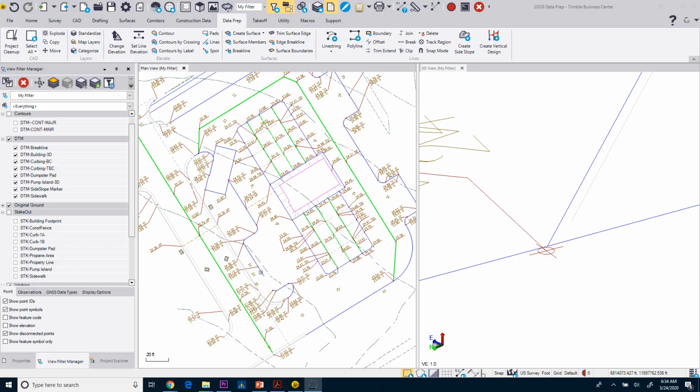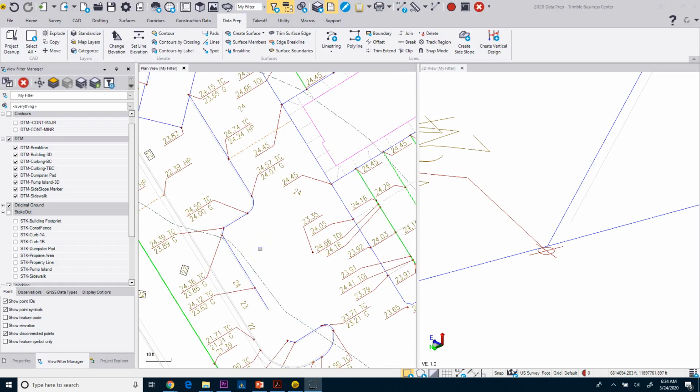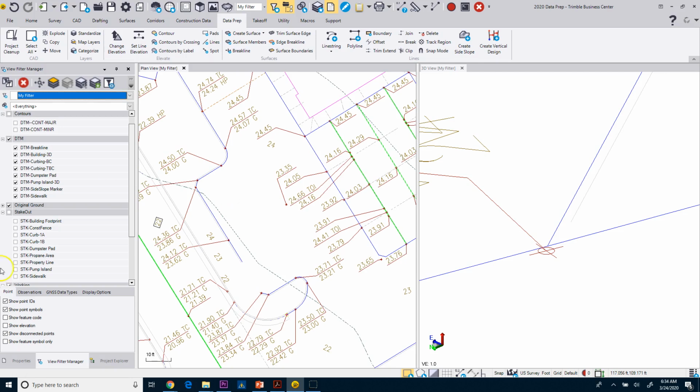All right, so now we'll tackle the propane area. So again, we have that over here. Turn that stakeout layer back on. I'm going to select this line here. And we don't need this whole line here. So instead of copying it,